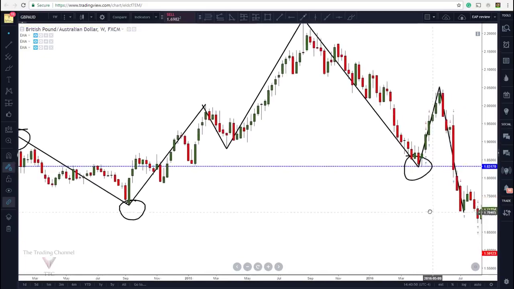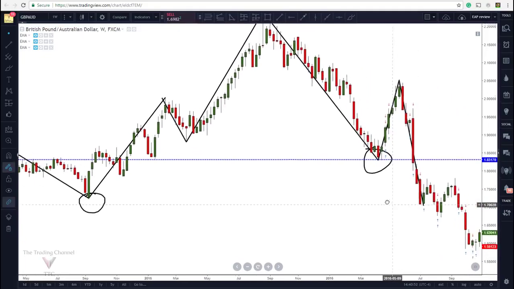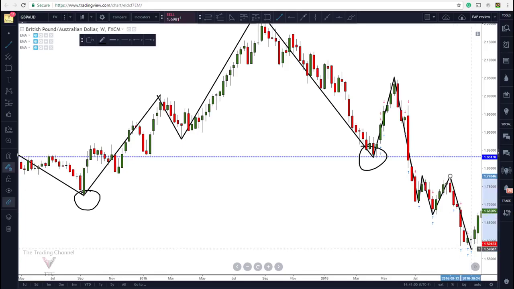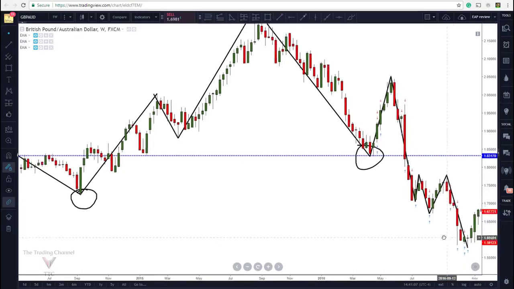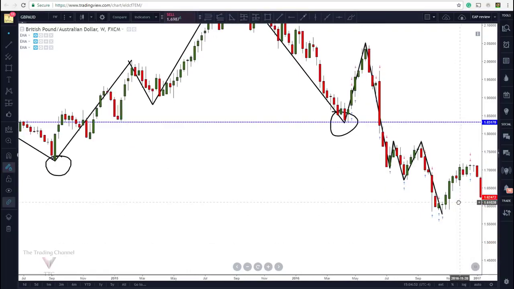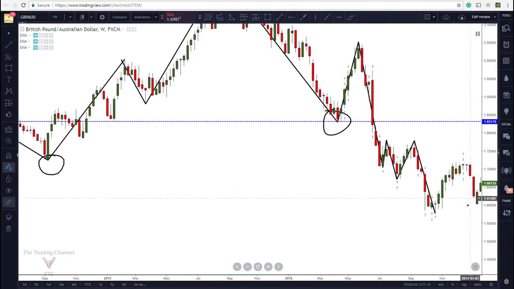Let's see what happens. Well, we get this small pullback, and then we do continue in the downward direction right there. So we got that small pullback, continuation down, another pullback, and another continuation down. And now we're still continuing this trend and expecting this market to create lower lows. So if we continue taking a look at this market, as you can see, we're dropping down now,